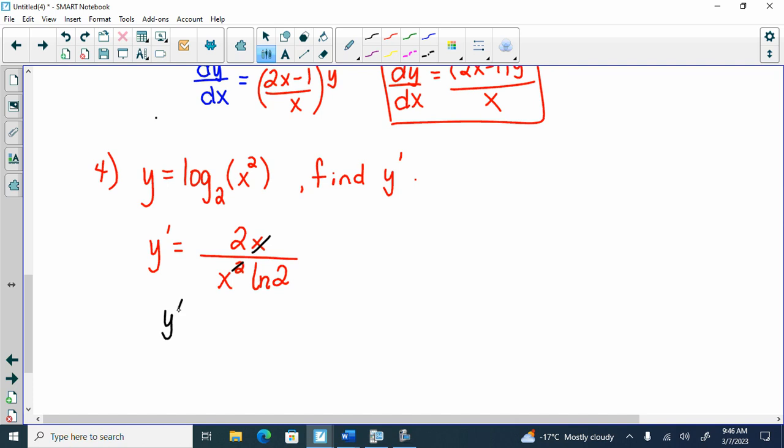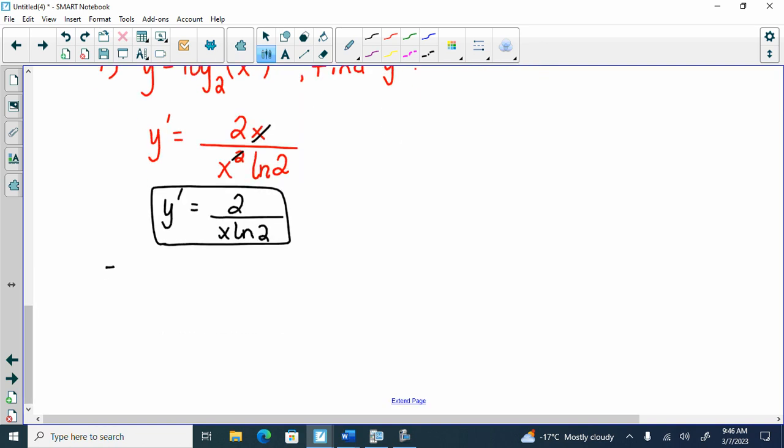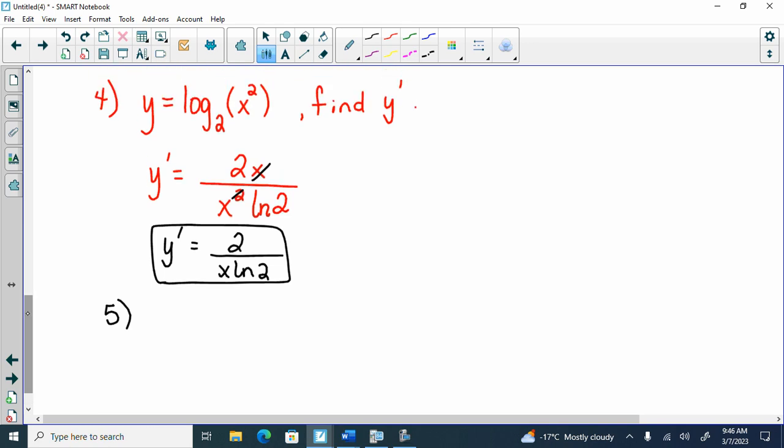And I'm left with 2 over x ln 2. So, you don't change the x squared, you can multiply 2x into it. Okay. And then 5, we have